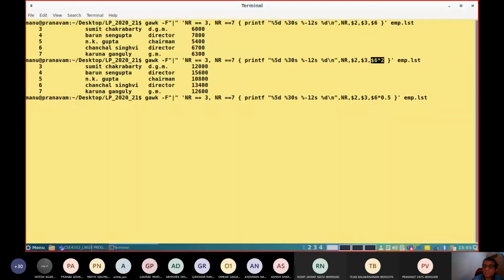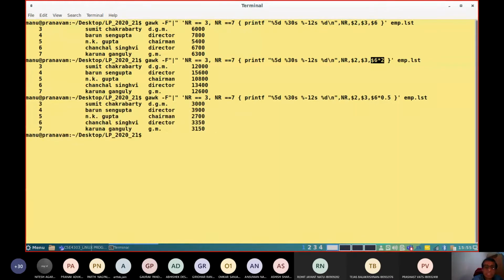If I do like this, see, the original salary was 6,000. That is multiplied with 0.5. So like this, all the salaries are reduced by 50%. This is the number processing support: you can perform computation of numbers using arithmetic operators, plus, minus, multiplication, division, and the modulus operator also will work. You need to take note of this.